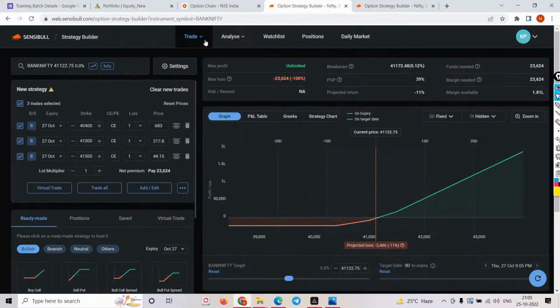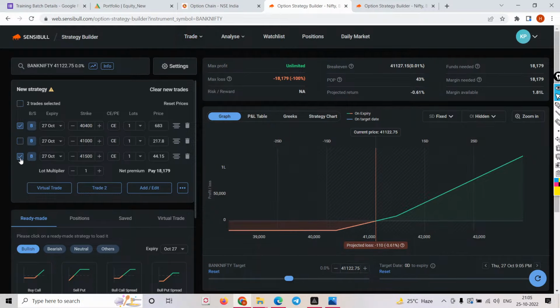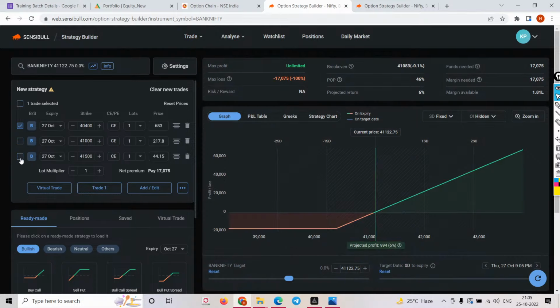Now I'll deselect this. Now check your in the money. It has unlimited profit and limited loss, which is 17,000. Majority of option buyers will go for in the money with a myth saying that the break even is very close. So let's go for in the money. Yes, if the market makes a move of only, let's say, 0.38%, let's say 0.5%, right?